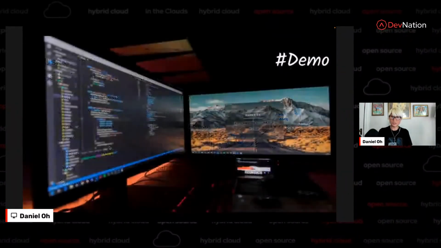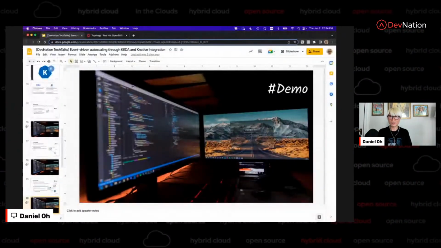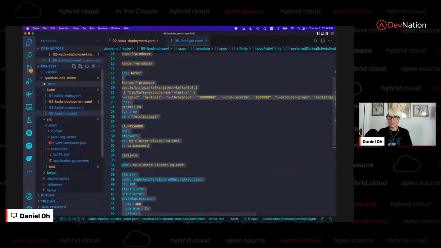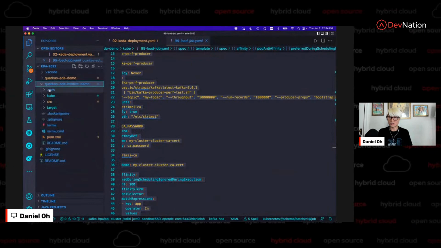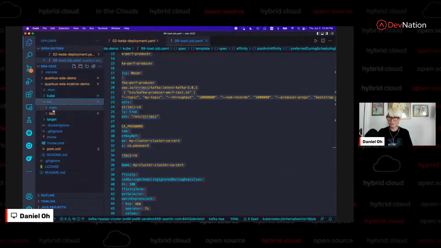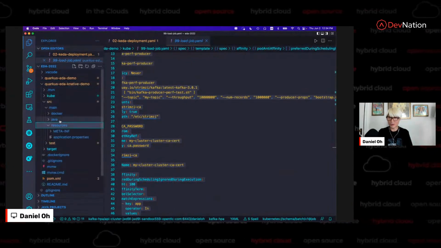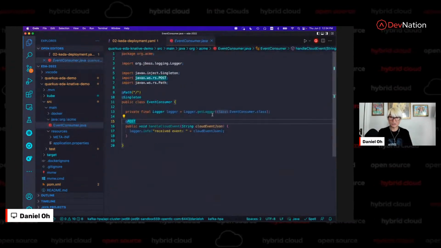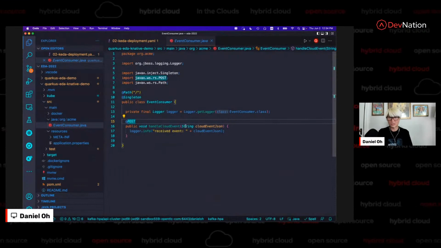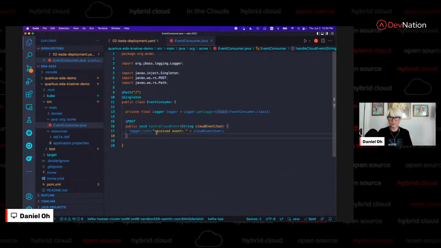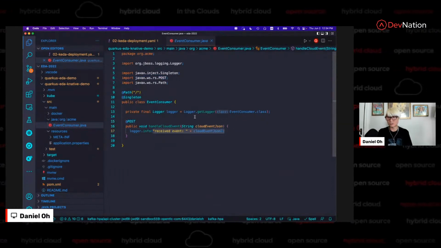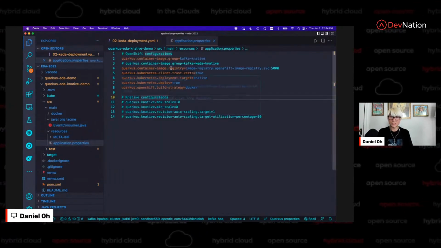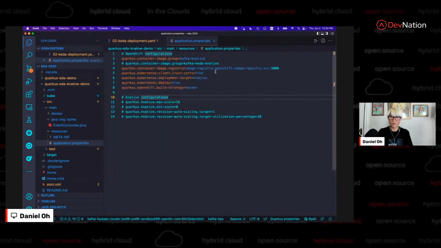And then let's get back to the demo and see how this works. Okay, so I'm going to switch to another project here. You go to one simple Java application. You can see just the CloudEvent, it's just a simple event stream, and the same thing, it just prints out resources. Then go to application properties, and here is where we're going to deploy to